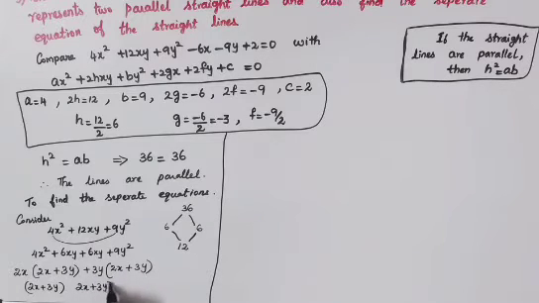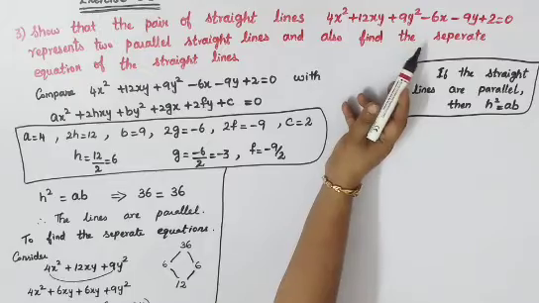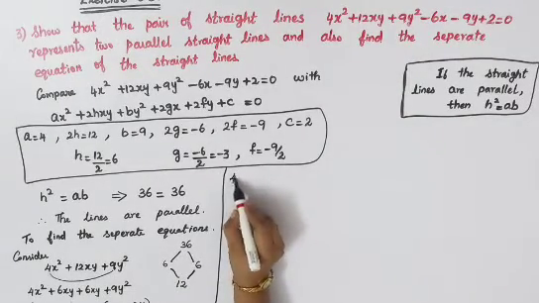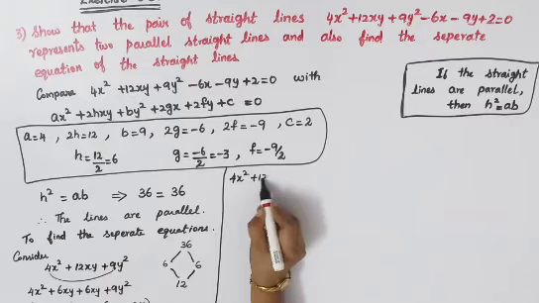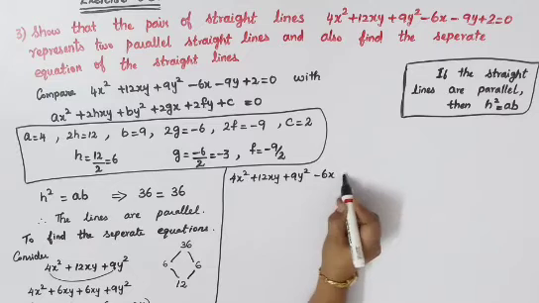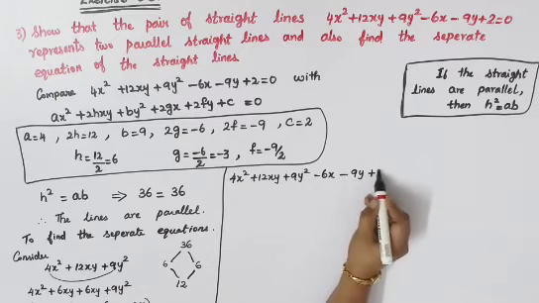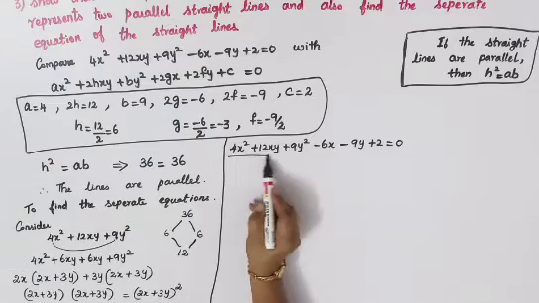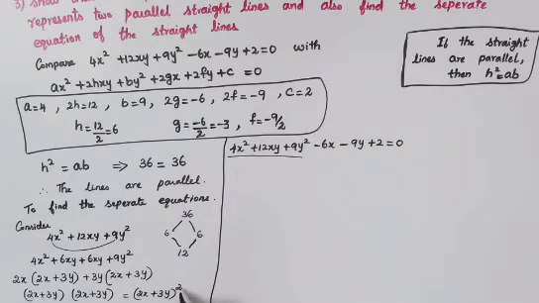Join that together. The same term you will have again, so that you can write it as 2x plus 3y the whole square. That is, 4x square plus 12xy plus 9y square can be replaced by 2x plus 3y the whole square. Now go back to your question and write the question as it is here. So we'll get 4x square plus 12xy plus 9y square minus 6x minus 9y plus 2 is equal to 0. This whole thing we have got the answer as 2x plus 3y the whole square.